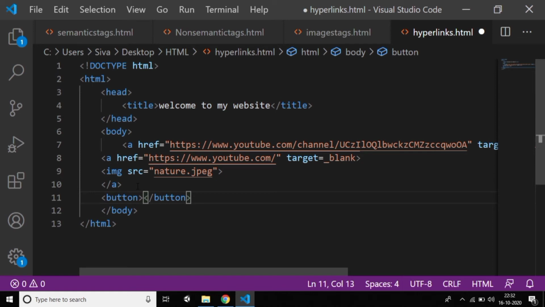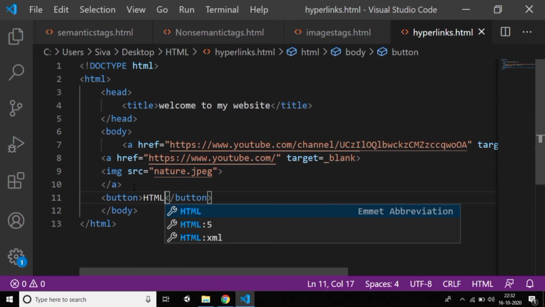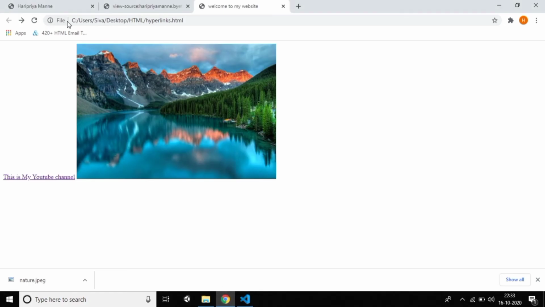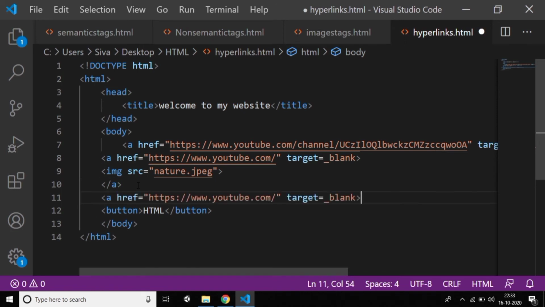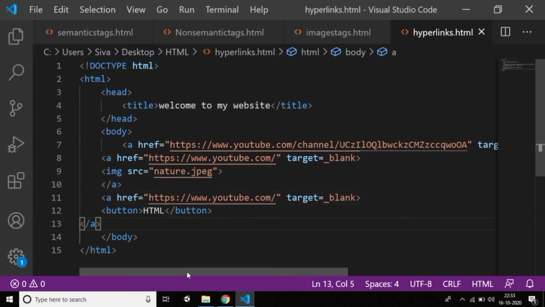Actually, I'll create a button, an HTML button, and show how it works. You can give an anchor tag also, like that. You can see that yes, I created a button. It's not clicking because I didn't give the link. So you can give the link here, and just don't forget to close the tag. Guys, if you're opening any tag, you need to close the tag.